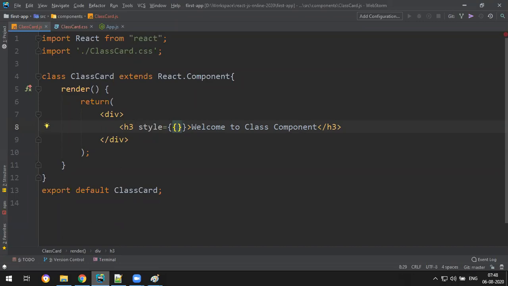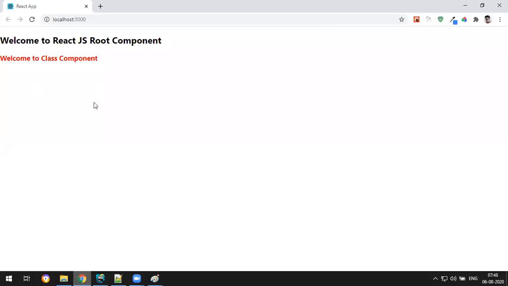Same way here, that type of property. So inside you will write color, and in the quotes you will write red. If you write this, this is called inline styles. So you get it in red color.